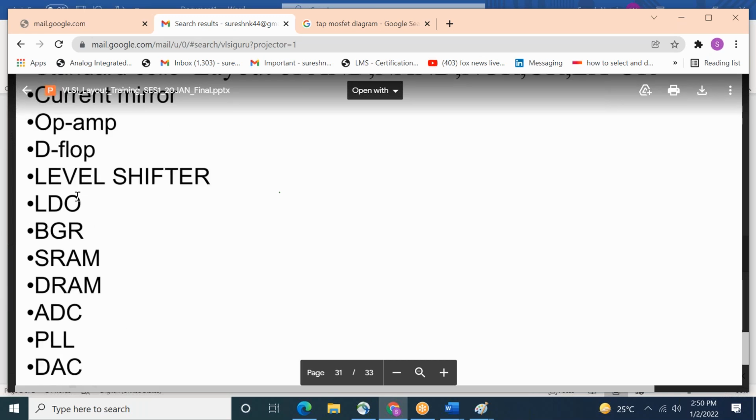Application: low dropout, the output voltage will be low. Which circuit gives low output voltage? There will be band gap reference, which relates to temperature.